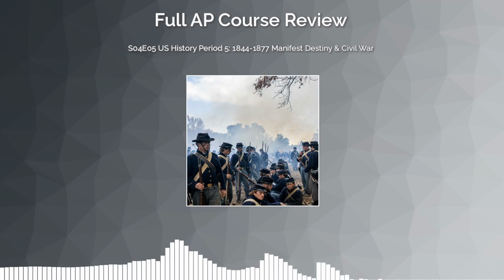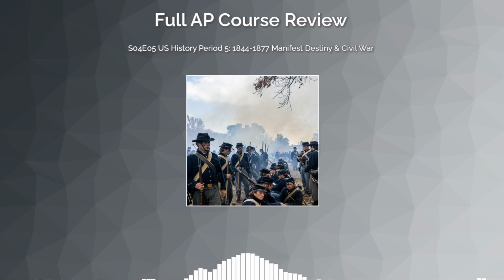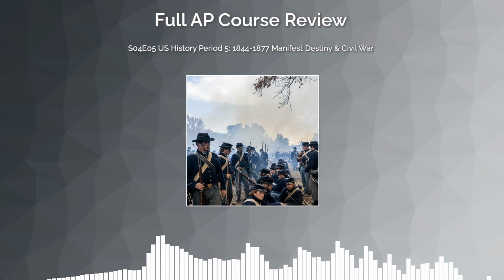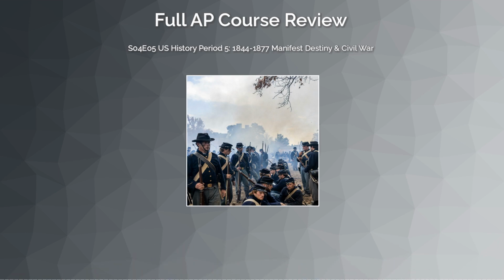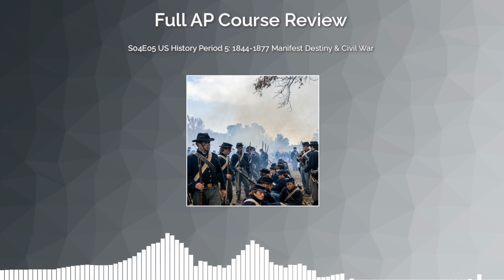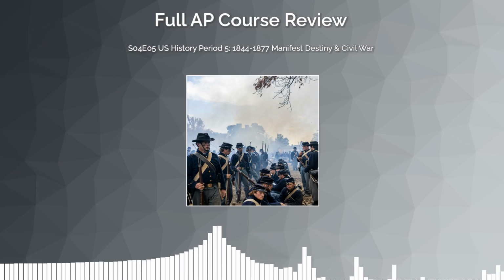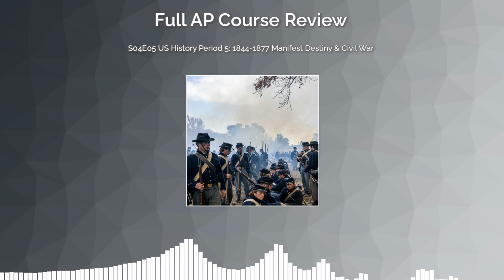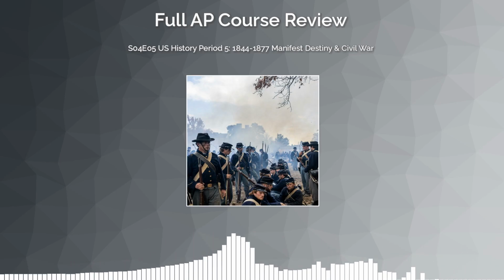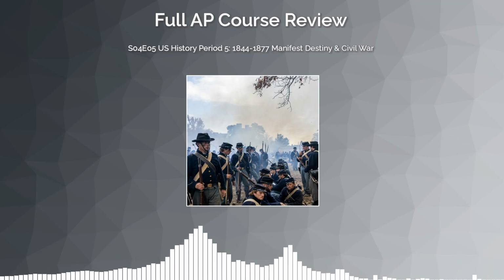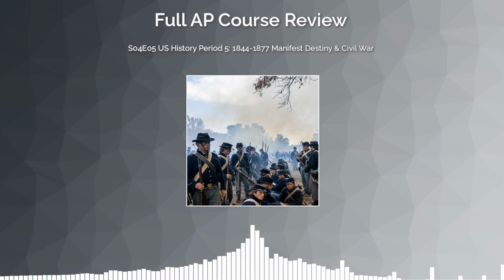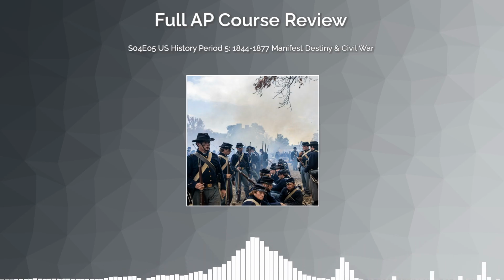4 candidates, 1 catastrophe. Here's the key thing AP students get wrong about this election. Lincoln did not win because he was popular across the country. He won because the opposition was fractured into 3 pieces. Lincoln's name didn't even appear on the ballot in most southern states. He won entirely on the strength of northern free state votes. And in the Electoral College, that was enough. He captured 180 electoral votes, a majority without winning a single southern state.